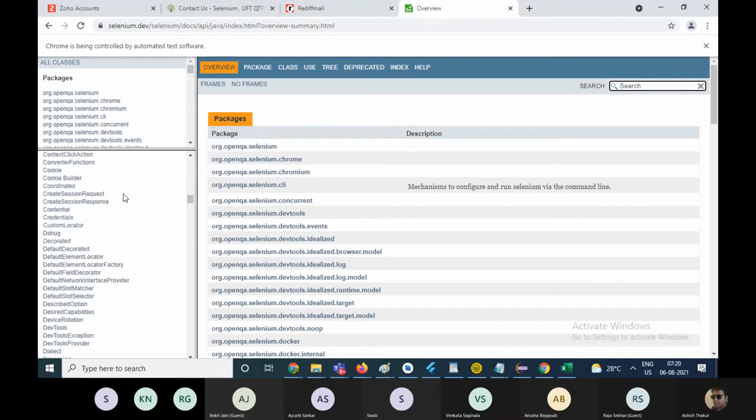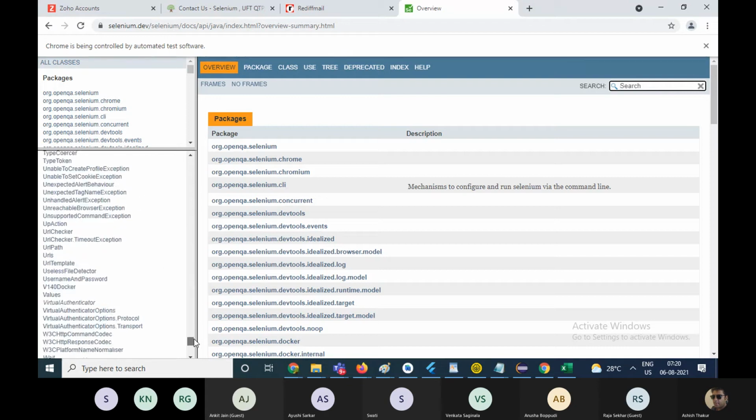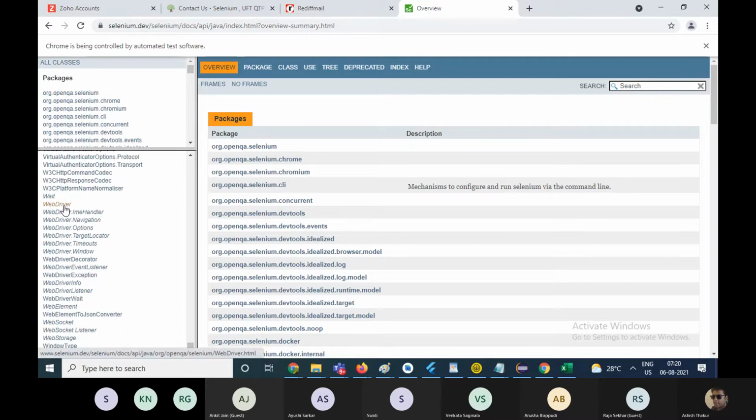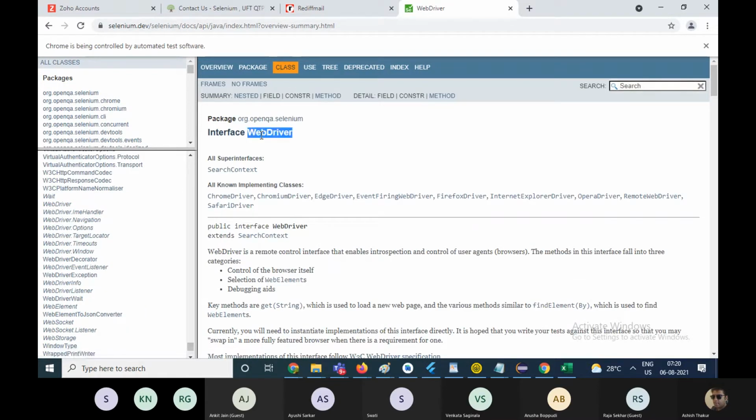We saw yesterday that WebDriver is an interface that will control the browsers, or user agents.